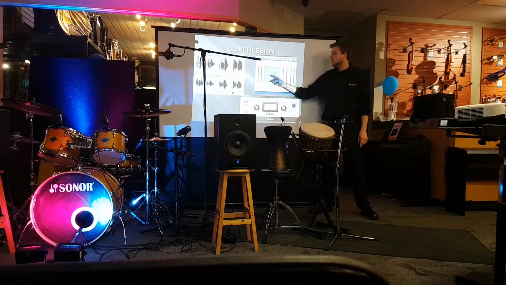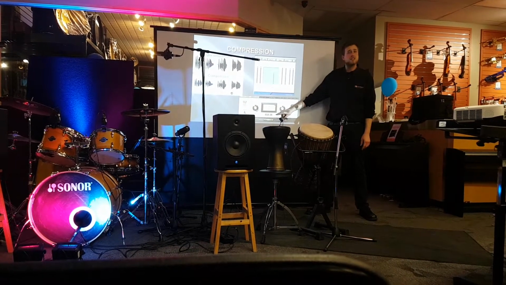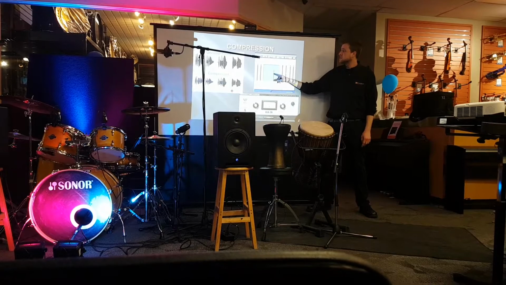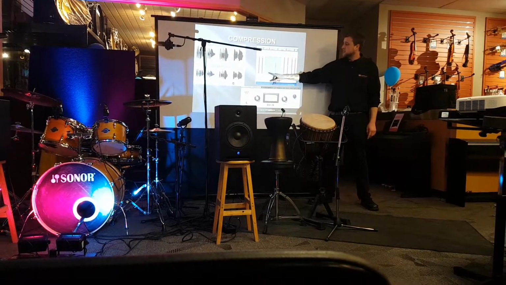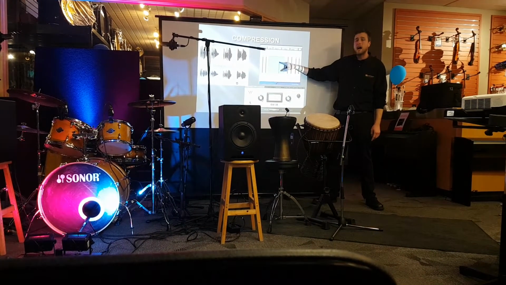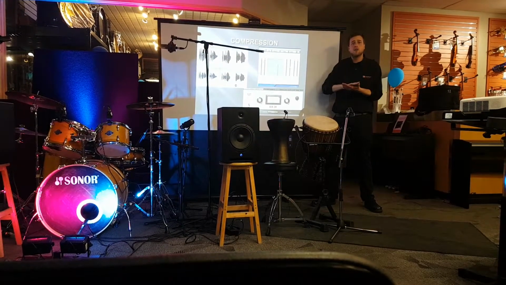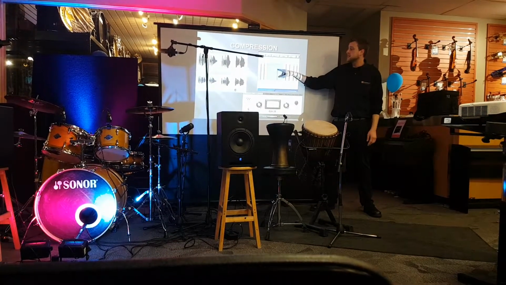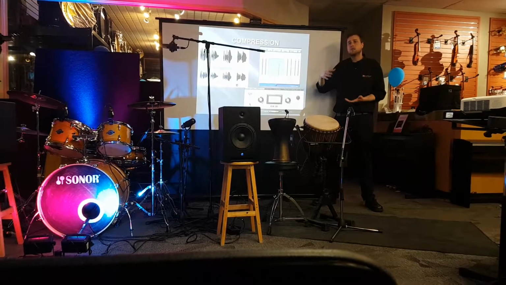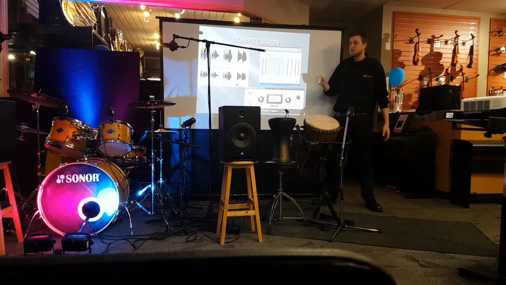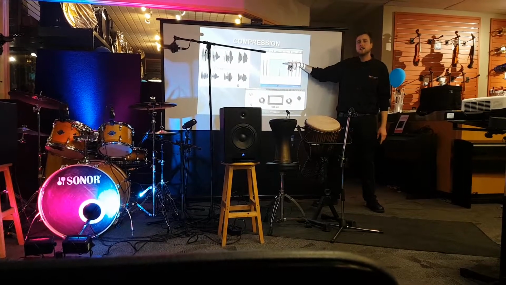This is basically the same as this, just laid out in a different way. This is the threshold setting. What this is saying is everything louder than that point right there, I want you to bring down. I don't want anything in my mix louder than that. So if at any point I hit the snare drum so hard that it got louder than that, my compressor is going to